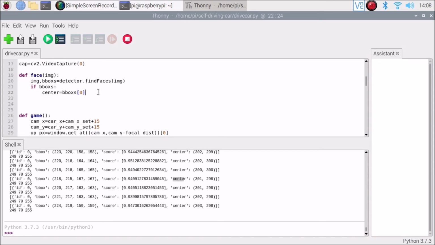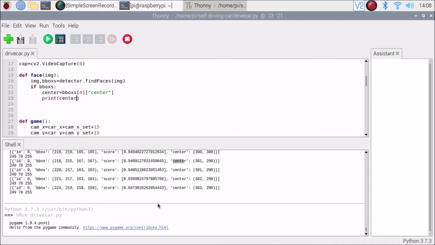So simply, center. If we print the center, if we save the code, if I run the code,